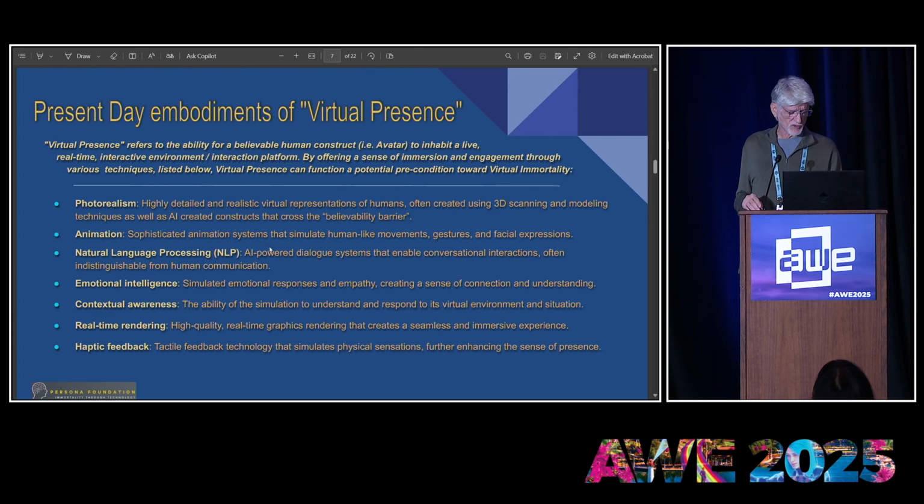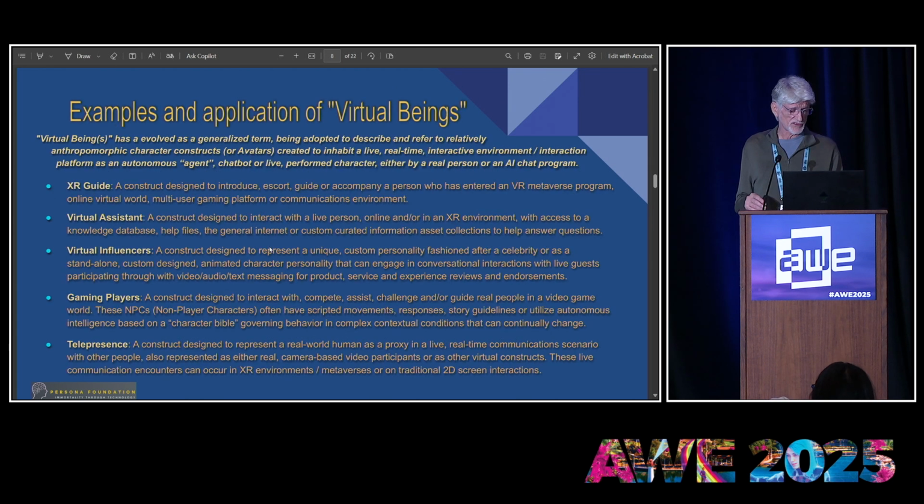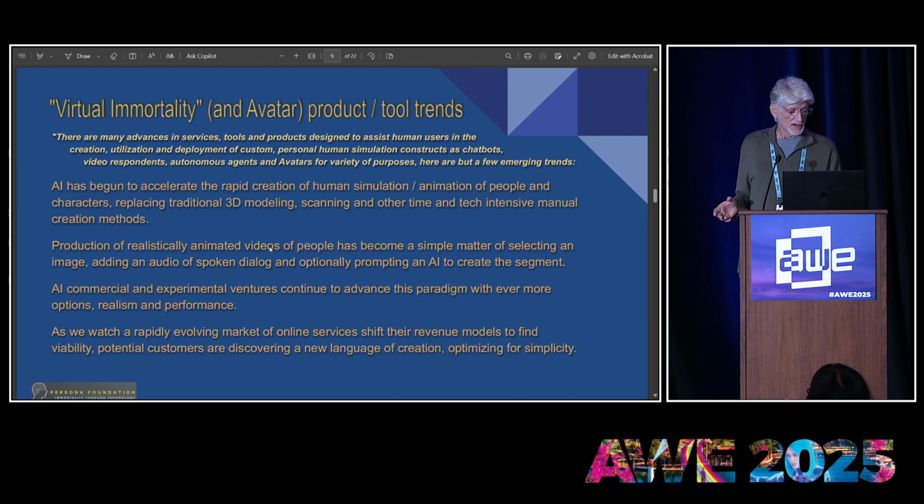A little bit more embellishment from some of the slides of last year on virtual presence and examples, XR guides, virtual assistants, influencers, telepresence, virtual immortality, and avatar product tools and offerings. Describing a little bit more deeper the differentiation between some of these tools.